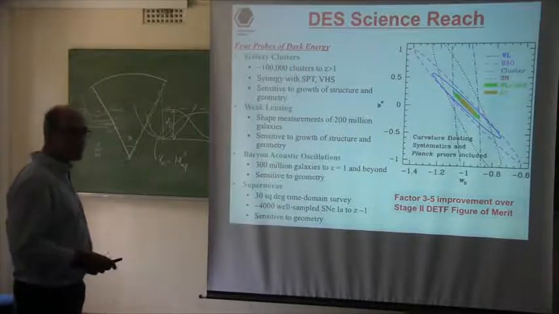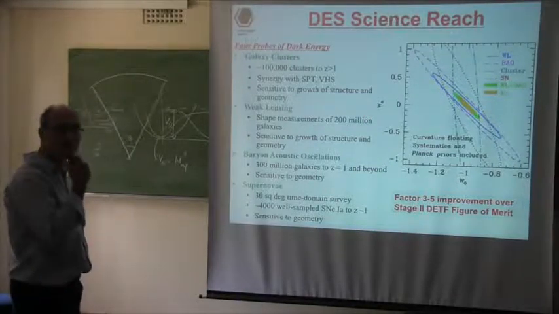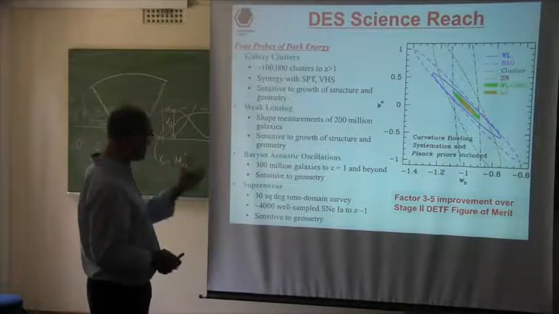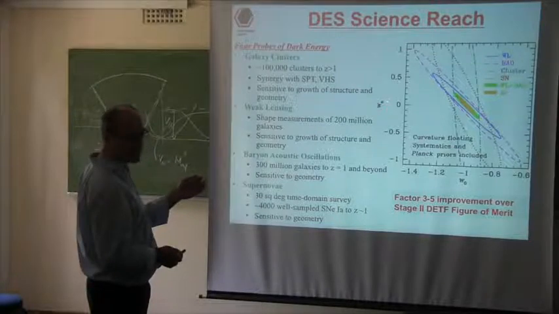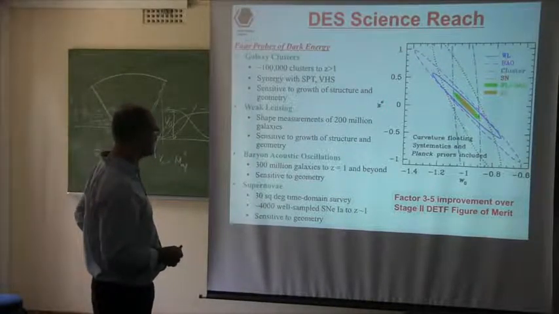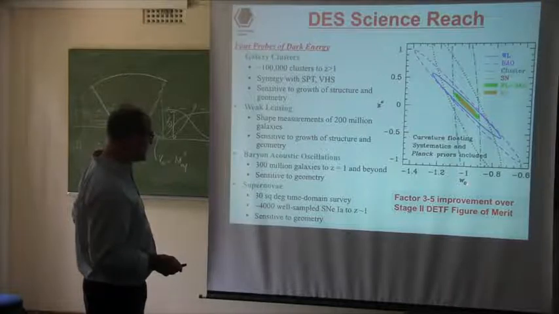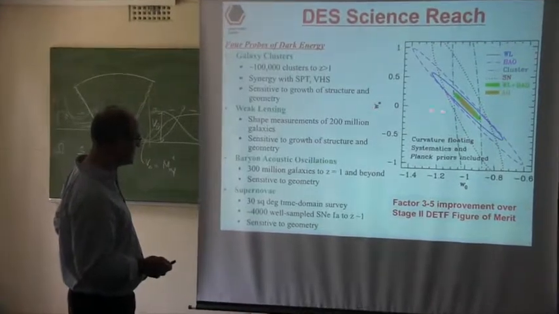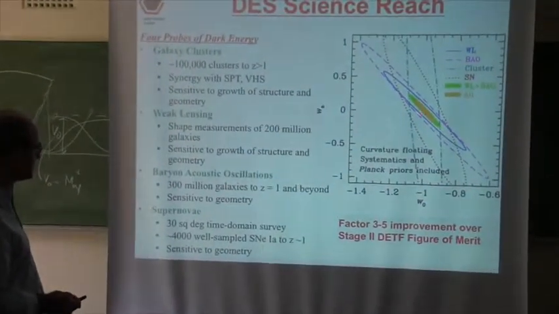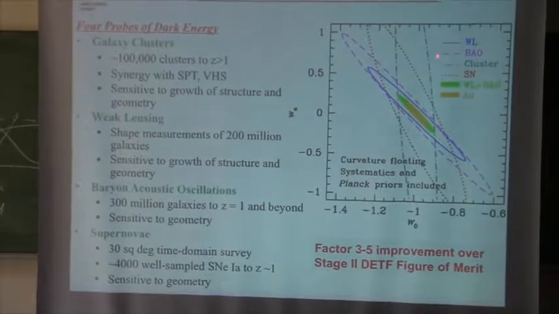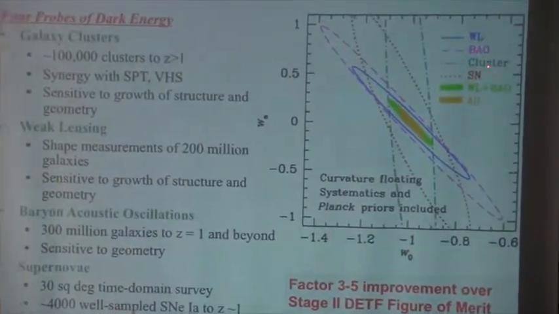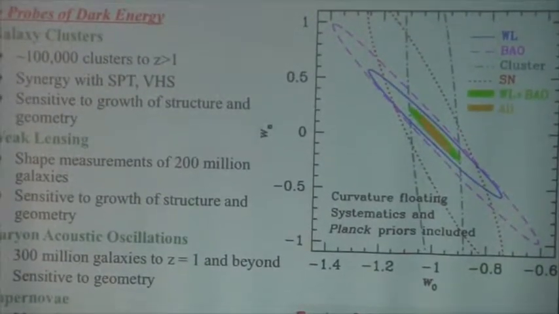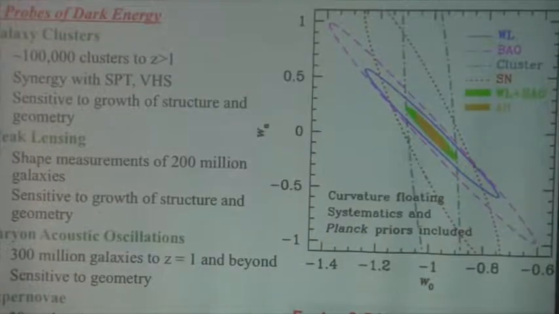In w0wa, I didn't go into this. Perhaps Oscar will mention. No? No chance? Okay. So this would be the value today of the dark energy equation of state, and this is the variation of that equation of state with respect to the scale factor. So dark energy as a cosmological constant would be w0 = -1 and wa = 0 at this fiducial point. And the sensitivity of DES to weak lensing, baryon acoustic oscillations, clusters, supernovae, etc., will give you this kind of constraints. Nowadays, the area is like this, so we're going to reduce it by a factor 10 or so.